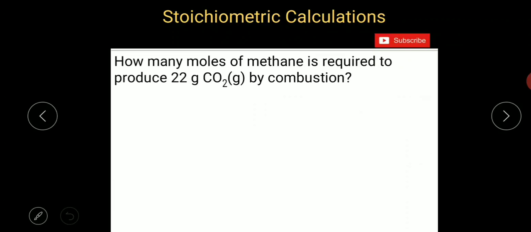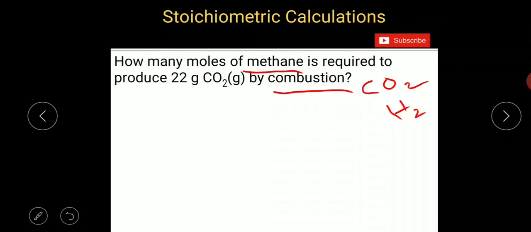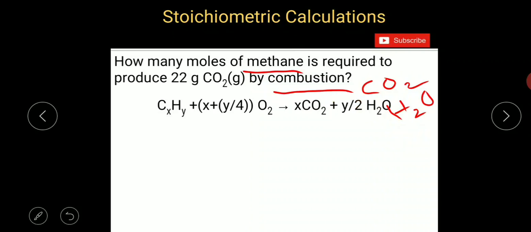Let us see one question. How many moles of methane is required to produce 22 grams of CO2 by combustion? Combustion means burning in the presence of oxygen, and methane is a hydrocarbon. When any hydrocarbon is burned, you will get the products CO2 and H2O. And the balanced chemical equation of combustion reactions of any hydrocarbon is this: